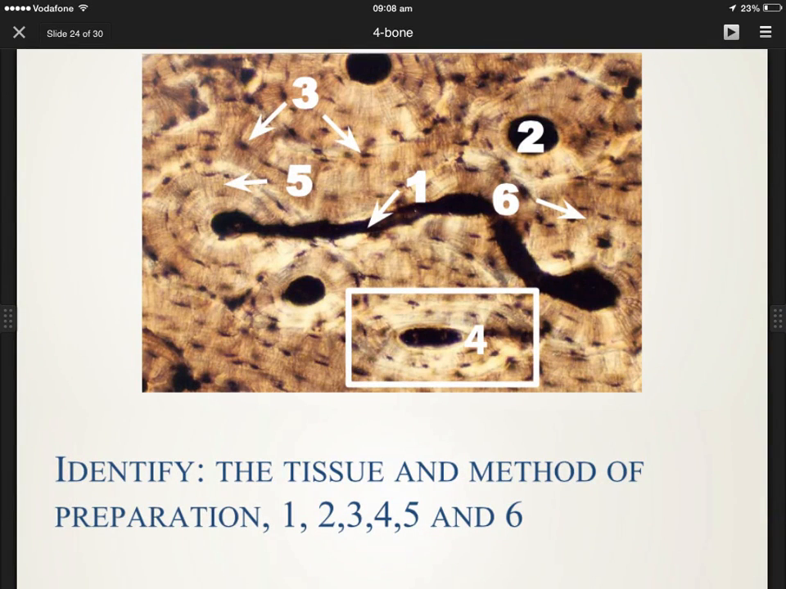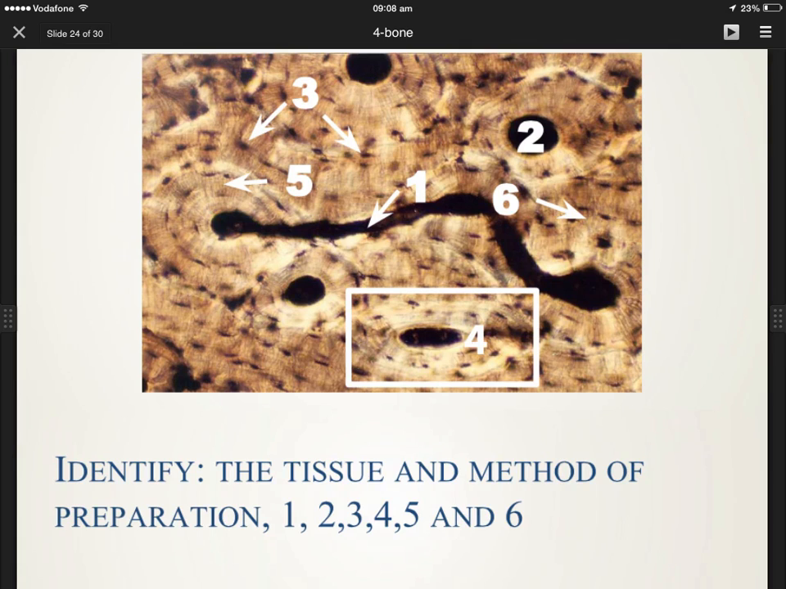Here we have a trial exam. Here we are asked to identify the tissue. It is compact bone, and the method of preparation is by grinding, and it is called ground compact bone. Identify: one is the Volkmann canal, 2 is the Haversian canal, 3 we have the lacunae,